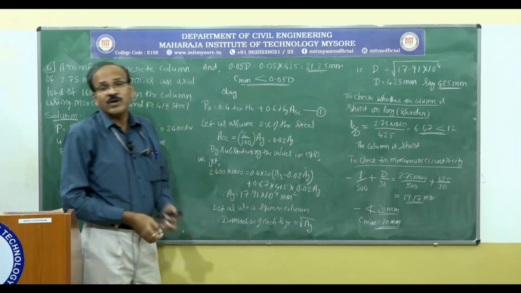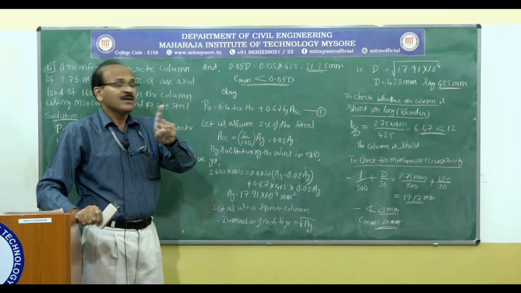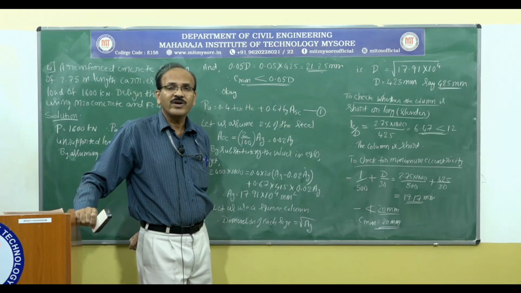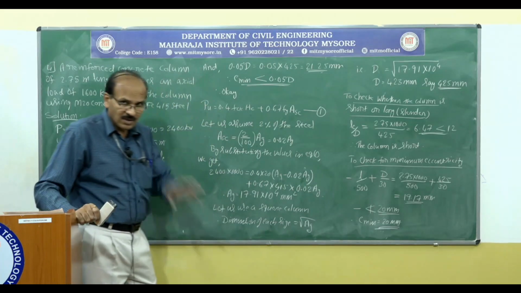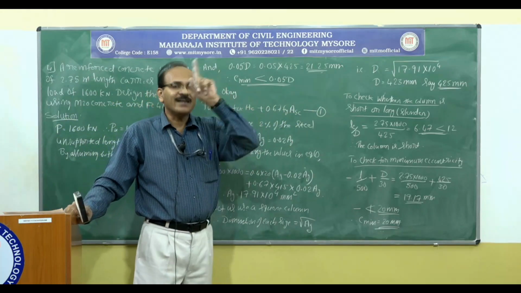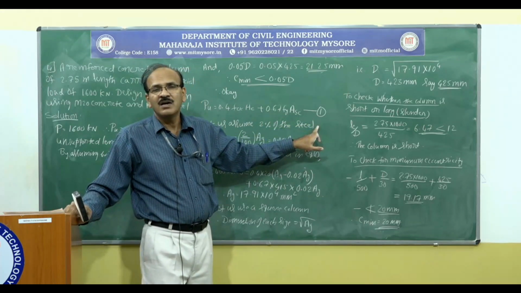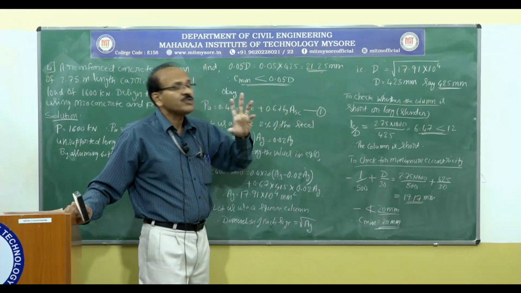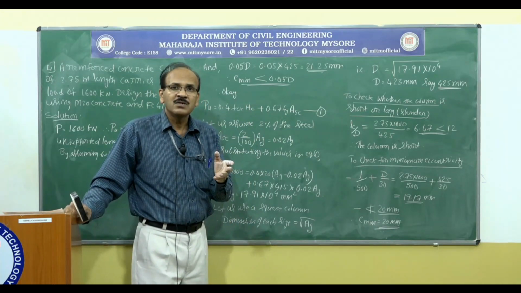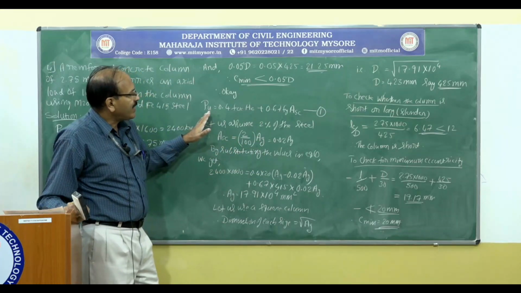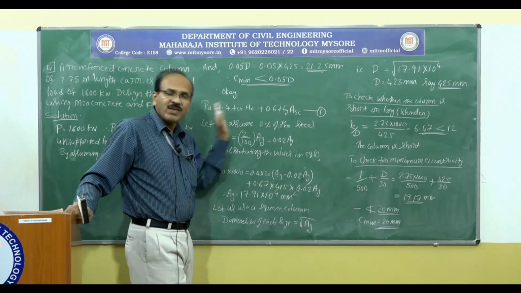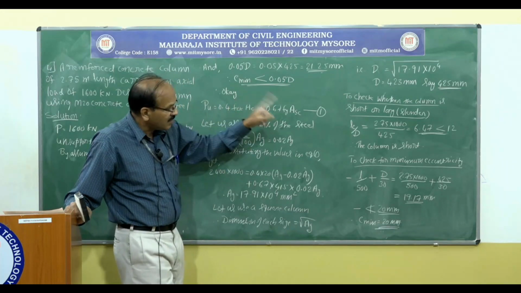What it means? Therefore, OK means we are justified using this formula. In other words, we have used this formula without satisfying the requirements for this formula. Once we determined the dimensions of the column, we went back and tried to satisfy the conditions for which we use this formula. And those conditions are met.